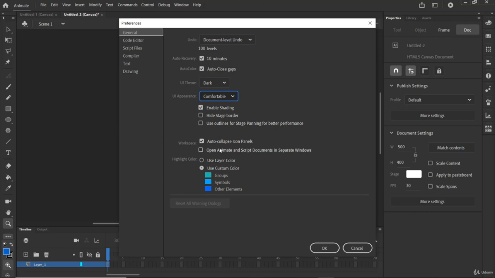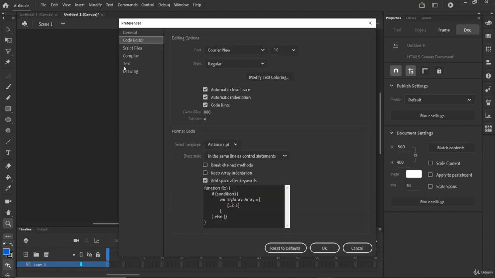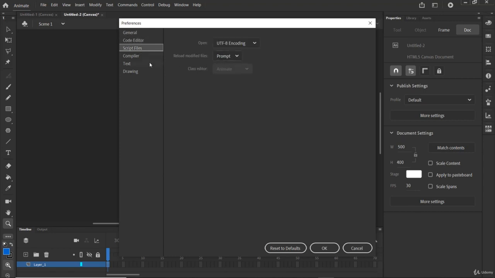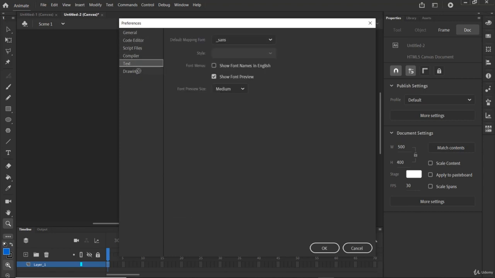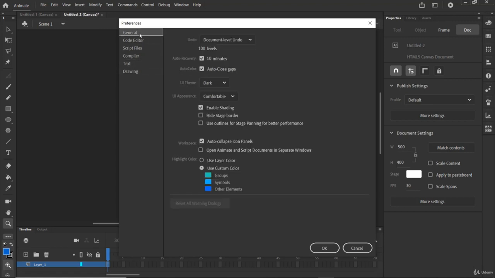Then for workspace, highlight different groups and symbols. As you can see, there is some code editor, but we're not going to talk about code right now. We'll talk about it later. We have script files, text, and drawing. Some of these preferences you don't have to know right now, but as we create something, we will continue to learn many things about this Adobe Animate.